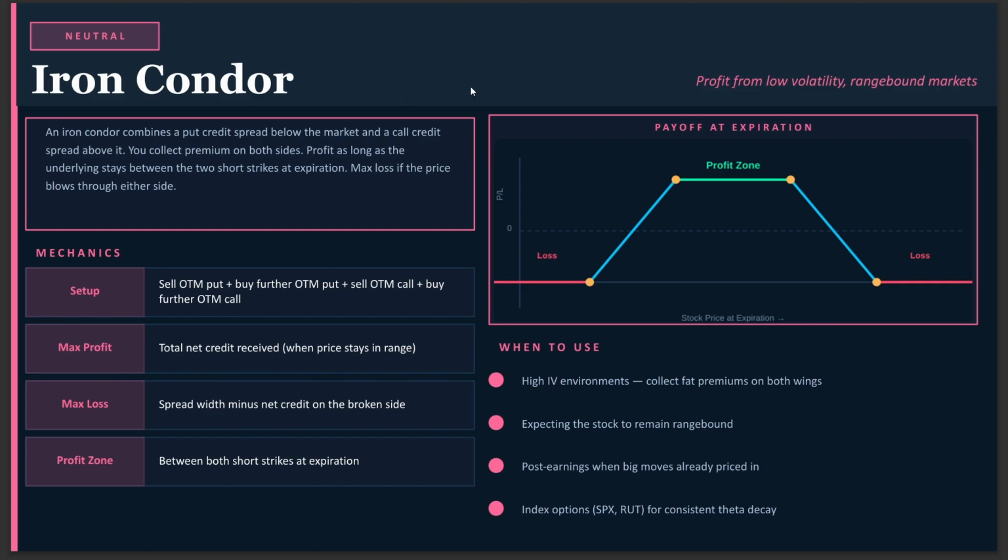Your biggest loss, if you're looking at the profit graph, I don't know if you guys can see my mouse, but basically, between your profit zone and your loss, your max loss is going to be on only one side. A stock can't go two ways at the same time. It can only exceed your call side, or it can only exceed your put side. And for a strategy like iron condors,